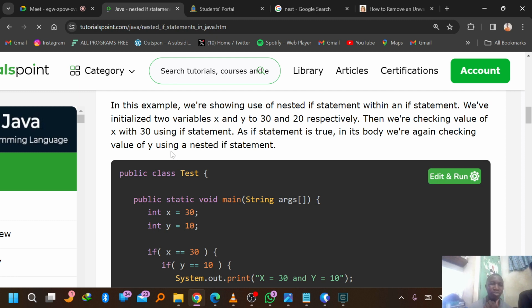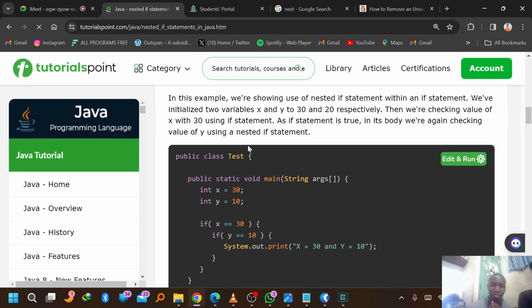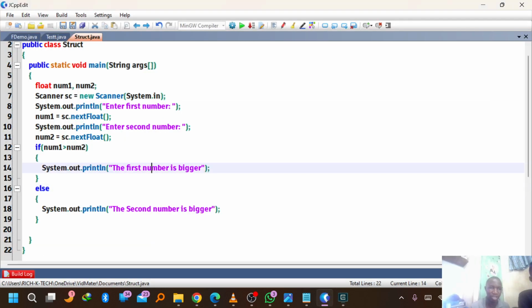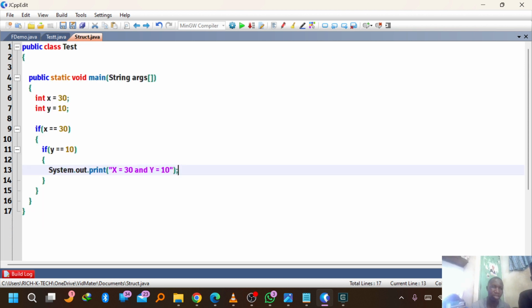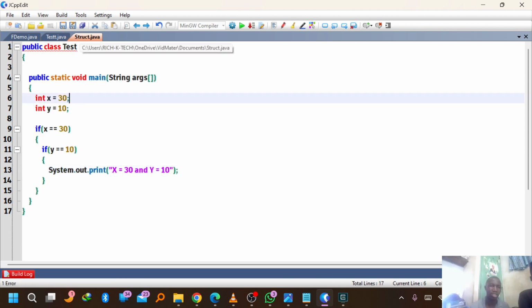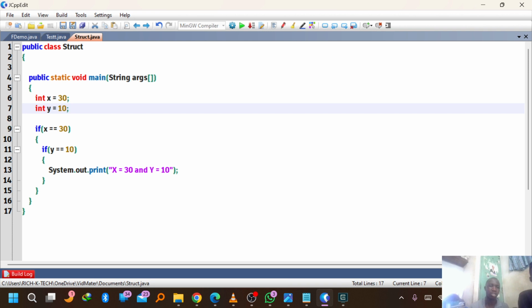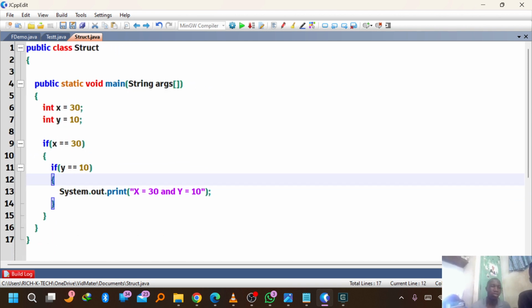Then we are checking the value of x with 30 using an if statement. As the if statement is true, in its body we are again checking the value of y using a nested if. I'm going to explain that one. Let me copy it and paste it in the other bigger compiler for better viewing. So it is here. I'm just going to change this file name to remove that error. So, hope it is now clear. So they are telling us that